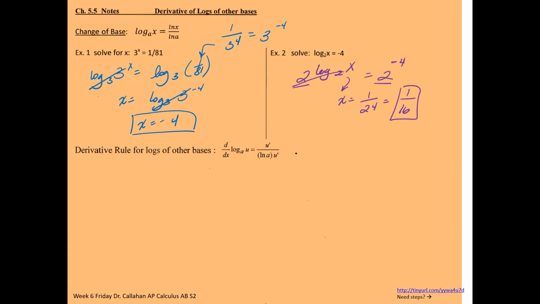Derivative rule for logs of other bases. Log base a of u, the derivative is equal to 1 over ln a times u prime over u. So that I have the derivative of log